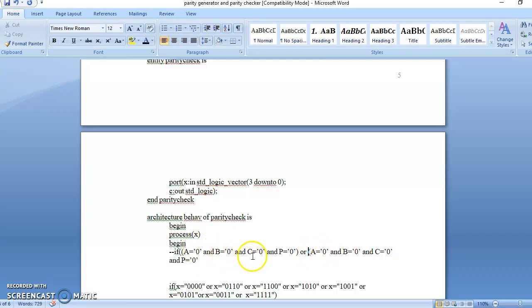A0, B0, C0 and P0 is the first combination. Then 0, 1, 1, 0 is another combination. And then put OR again, and then you can copy paste it.